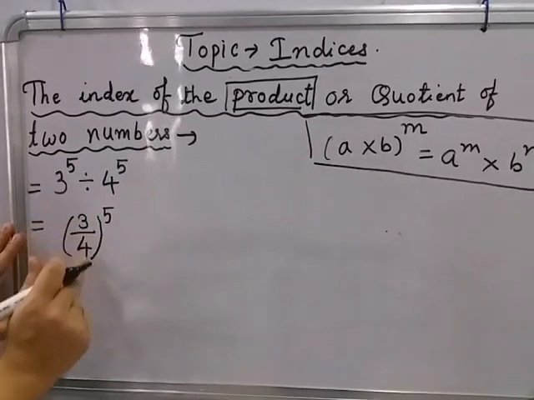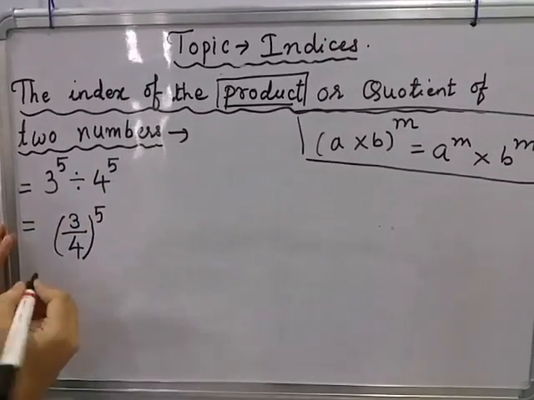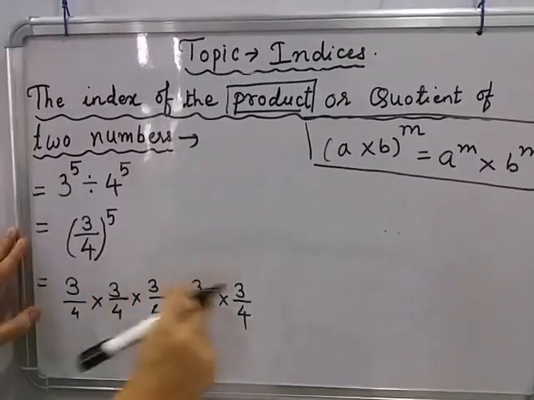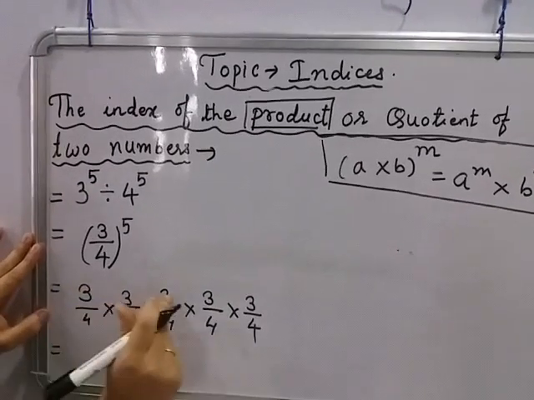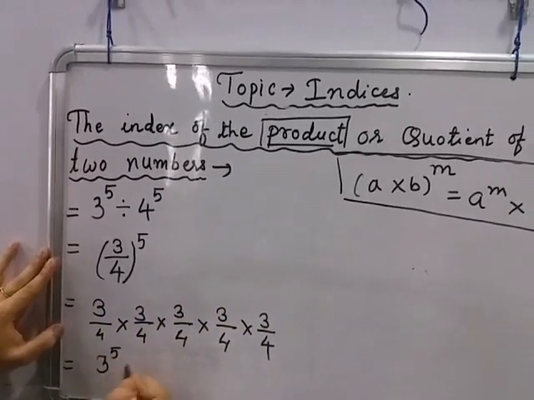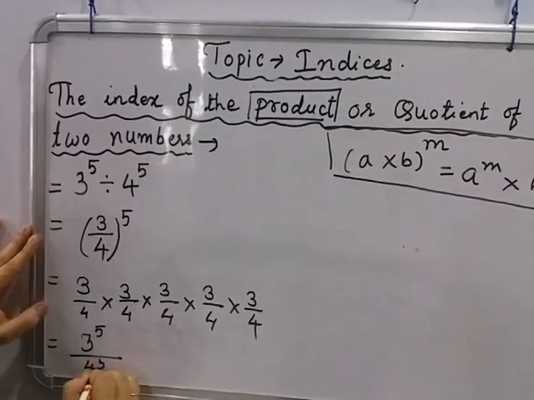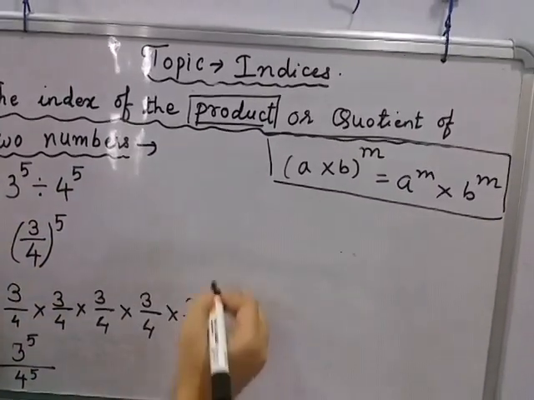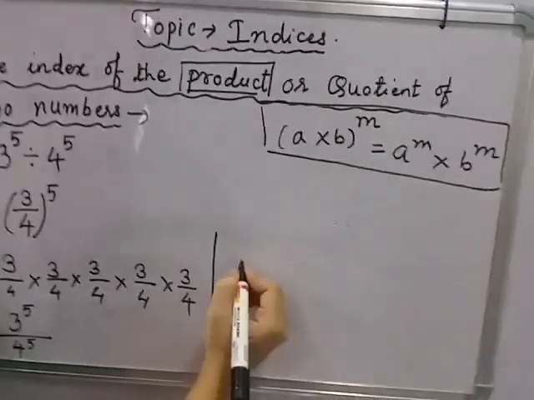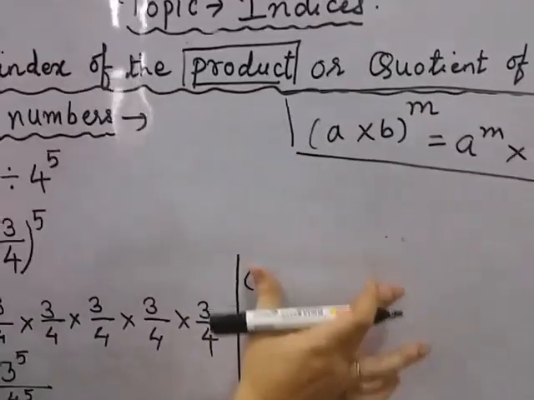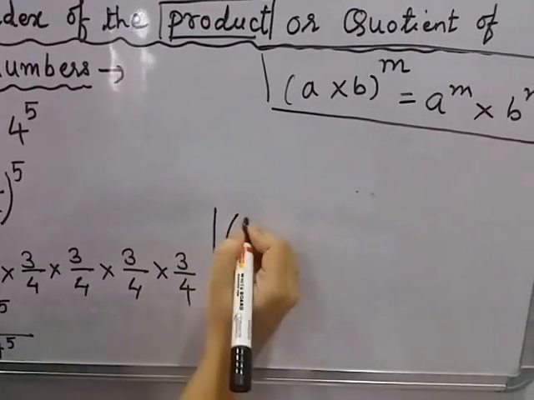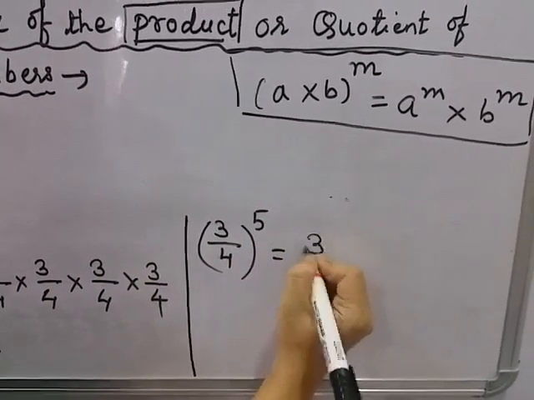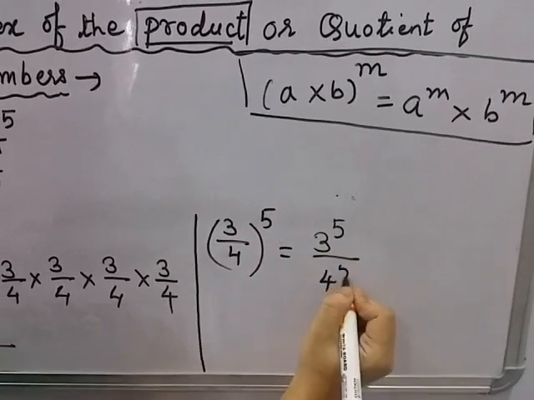So now it shows 3 upon 4 we have to write down for how many times? 5 times. So let's write that 3 upon 4. It shows that 3 is there 5 times: 1, 2, 3, 4, 5. So 3 for 5 times and 4 also for 5 times. So student, here again we will get the next law of indices. We'll write this down once again. 3 upon 4 raised to 5 is equal to 3 raised to 5 upon 4 raised to 5.